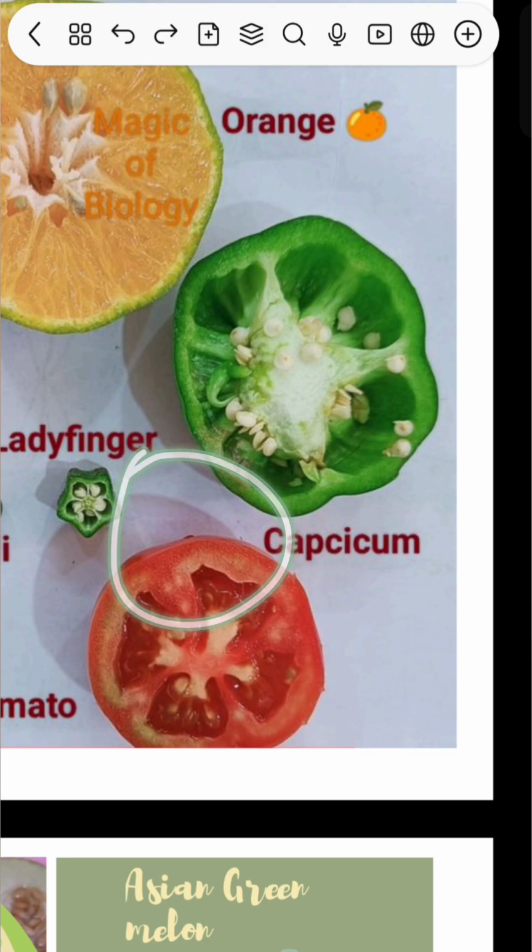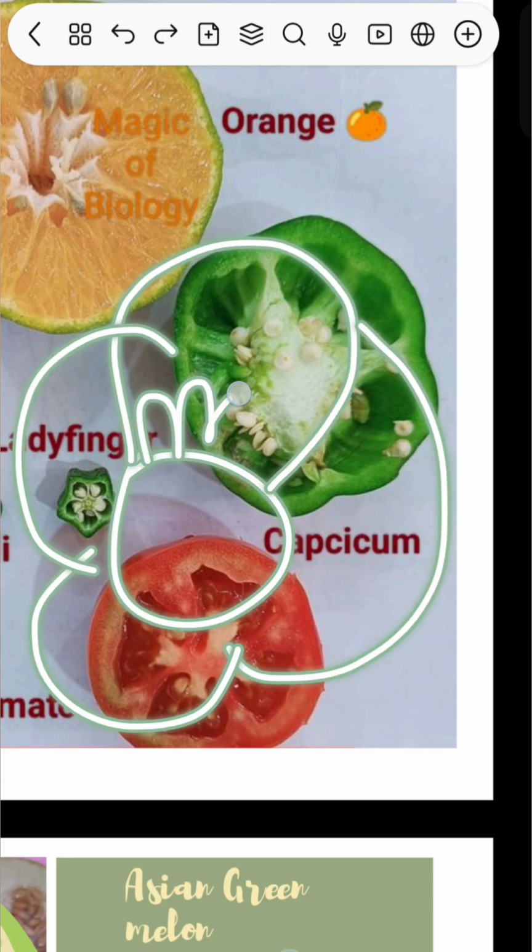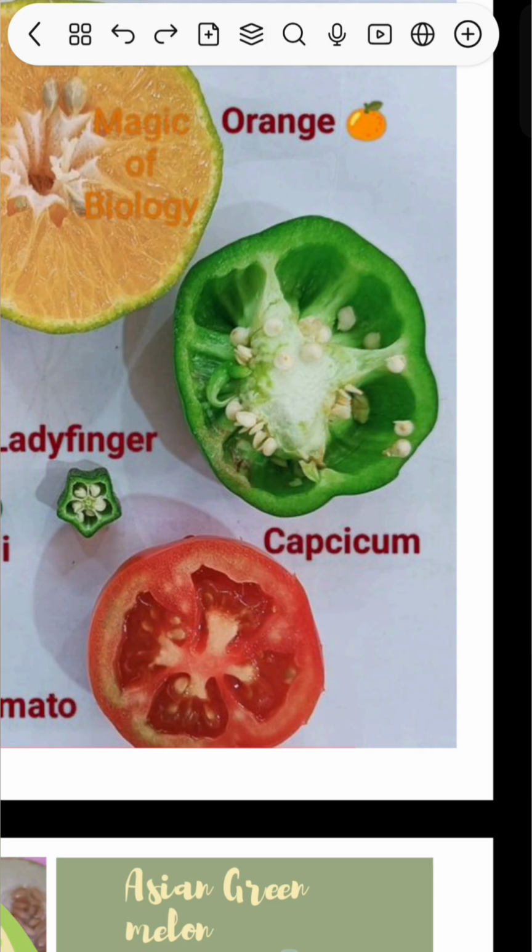So you can see many partitions like this, many rooms, and inside that the seeds are present. This is axile. You should have it in your mind. In axile, there will be a center, and there will be many compartments or chambers, multilobule, and the seeds are